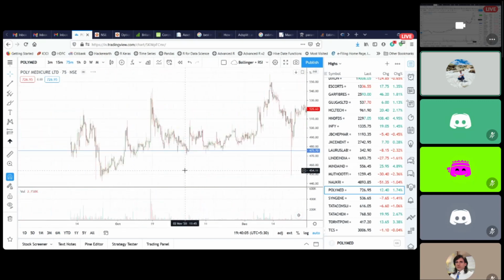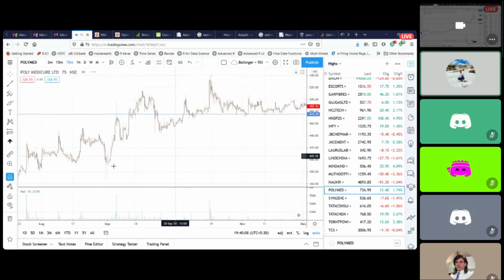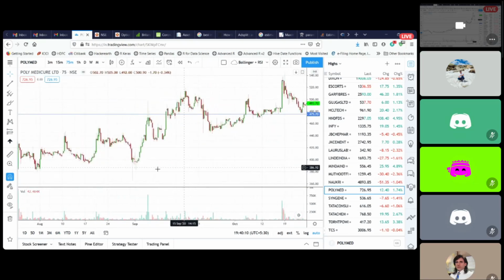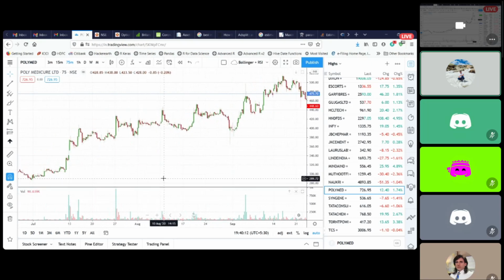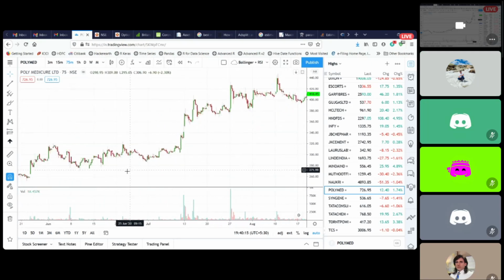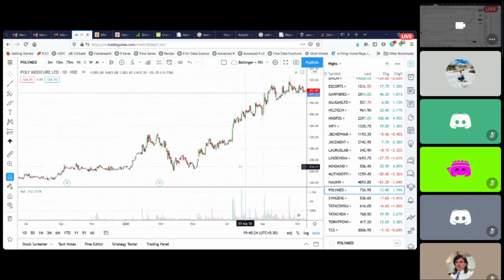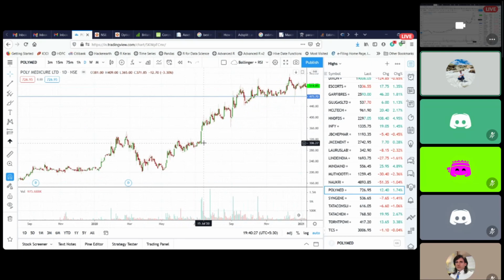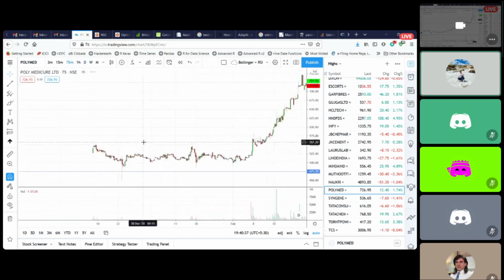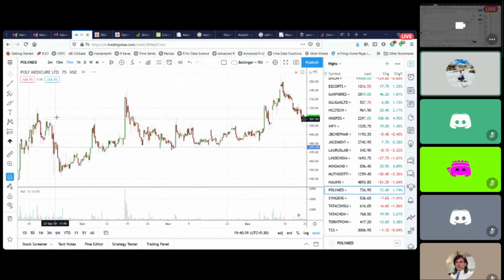So let me give some examples of short-term trades that I took in Polymer, starting from around the August time period itself. Yeah, so when I was trading this Polymer in August, it was in a continuous uptrend only, and it had fit the setup where, okay, let's see the daily chart first. So on the daily chart, this was the previous high, and it hit a new high on 10th of July itself. So it already went into my highest watch list. It came onto my radar. And then I started looking for how the entry opportunities were coming in this.